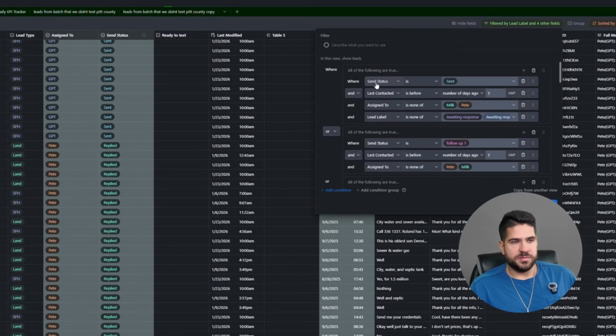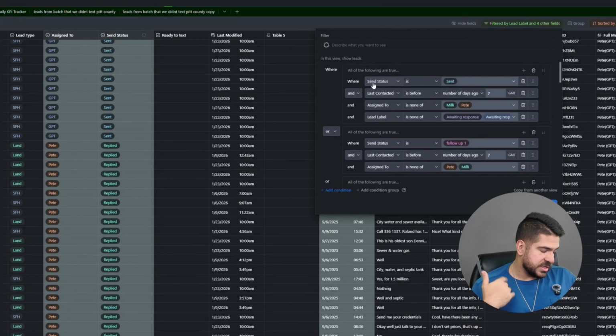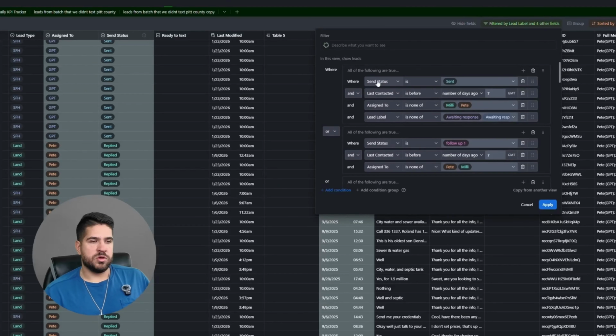So for example, if we've sent a message and it says sent, which means that, like I said, every time we send a message, it records sent. You can do this manually in the beginning. Let's say you have 20, 30, 40 leads that you just want to have a consistent follow-up. You can add them here. And every time the message is first sent to them, if they haven't replied, let's say it was over 7 days ago, we've messaged them,